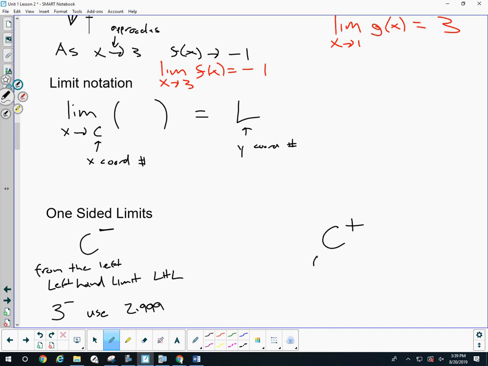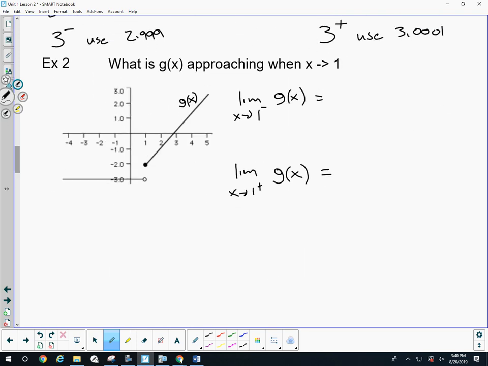On the other side, this would be from the right. This is the right-hand limit, or RHL for short. And if I'd say, hey, 3 from the right, you'd be thinking about using 3.0001. Okay, because in some situations, the left side and the right side would give you two different numbers. This is an example of, depending on which side of a number you're looking at, you'll get a different value